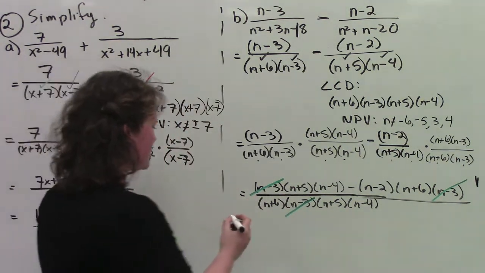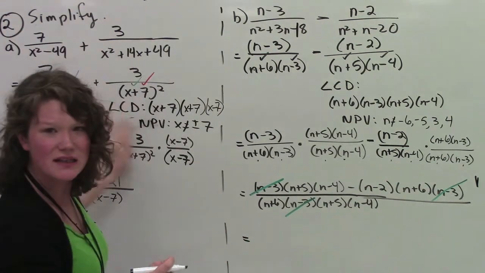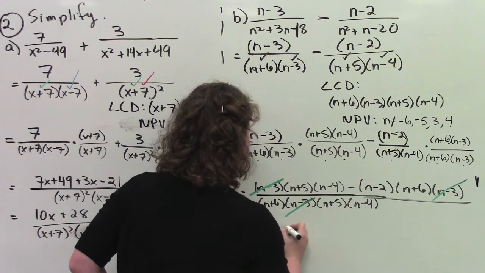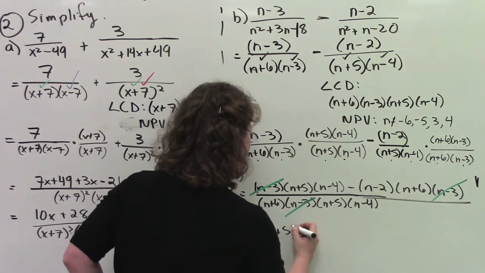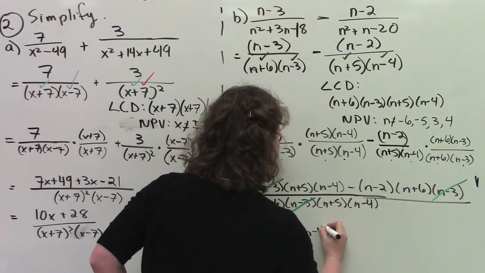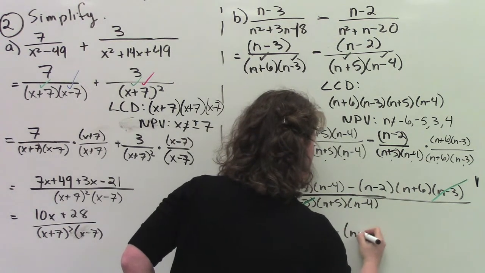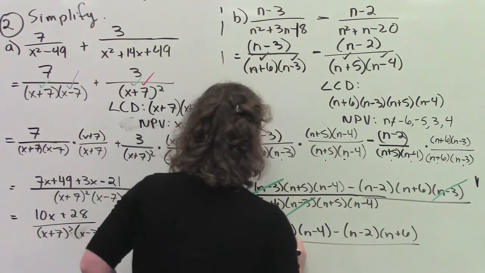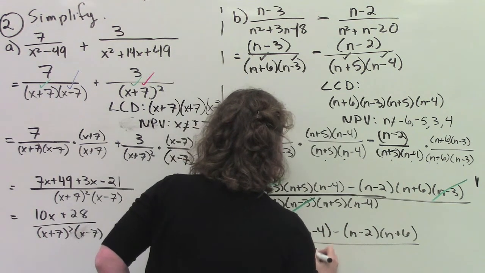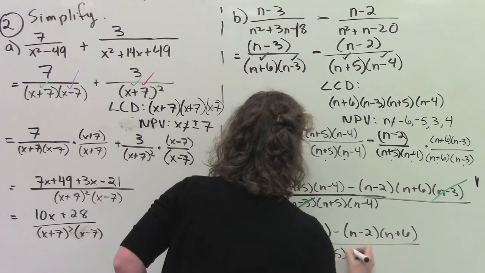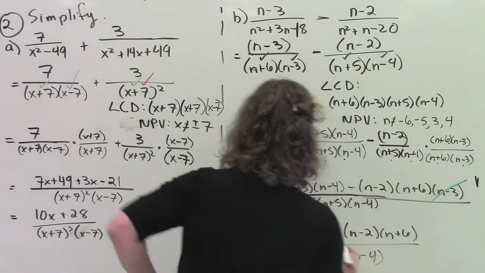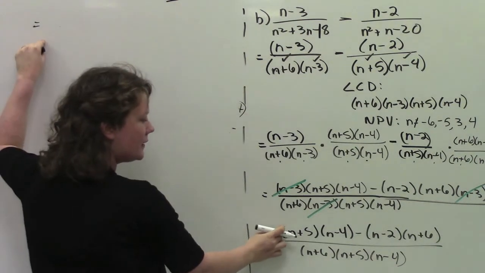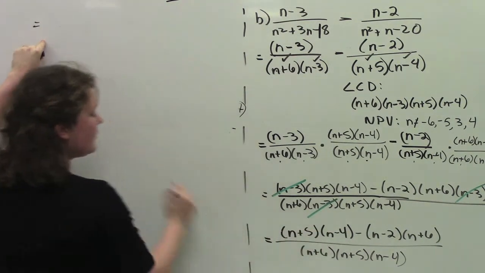So what I'm going to do is I'm just going to rewrite it. And I'm going to have to erase this side, folks, and then keep on going on this side. So we have n plus 5 times n minus 4 minus n minus 2 times n plus 6 all over n plus 6 times n plus 5 times n minus 4. So that's what we have left over. Moving right up here, continuing with our problem here. The way that I can simplify that is